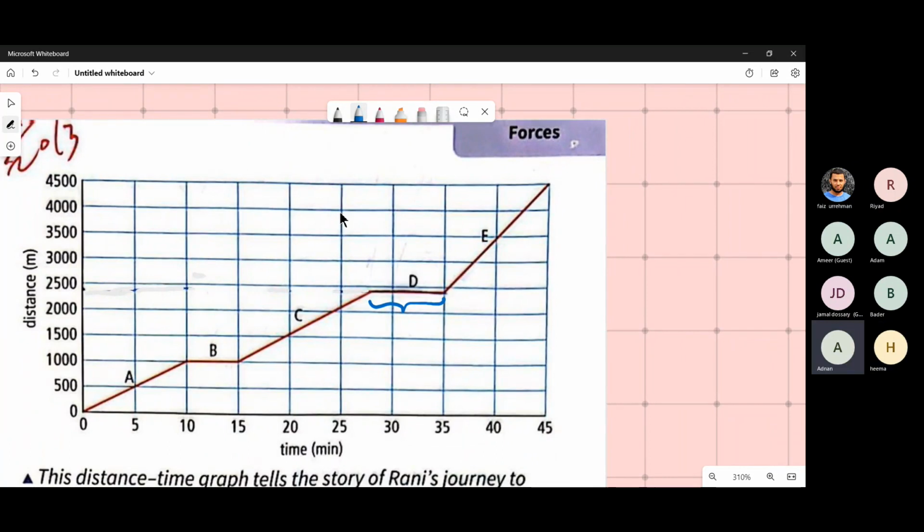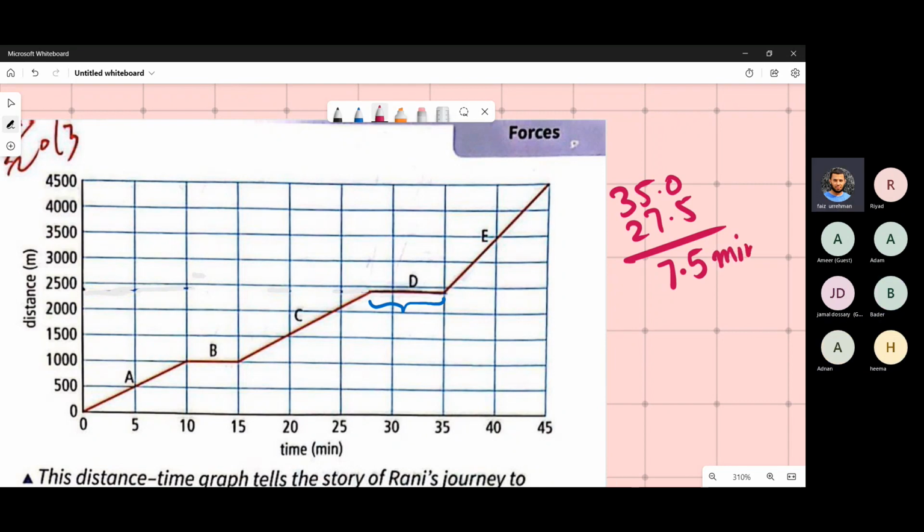Okay. Should I tell you only the answer or the steps? Tell me the steps and the answer. Okay, easy peasy. You will make 35 minus 27.5, equals 7.5. Yes, very good. 7.5 what? Tell me the unit also. Minutes. So this time he took a break of 7.5 minutes,